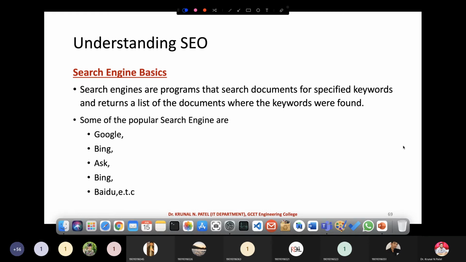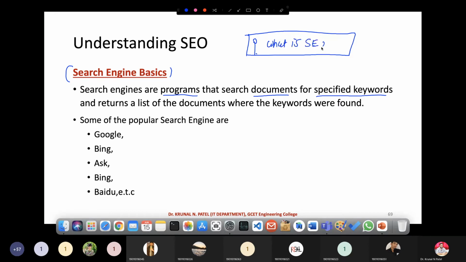So let's first understand what a search engine is and how it works. Search engines are programs that search documents for a specified keyword. Suppose this is my Google search bar, and here I am typing what is SEO, or if I type only SEO.